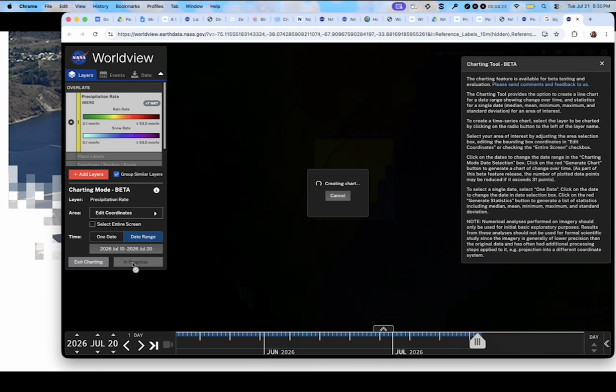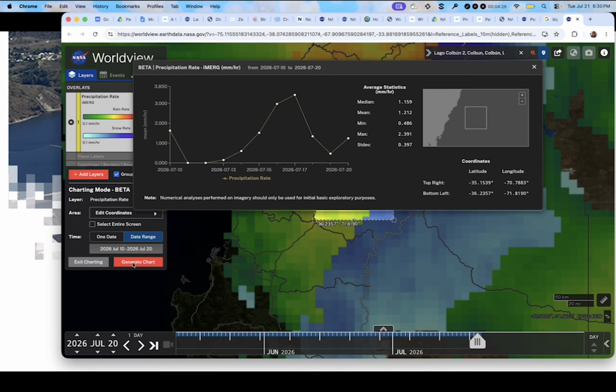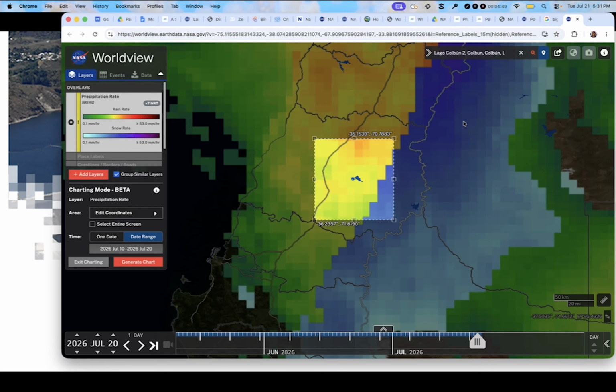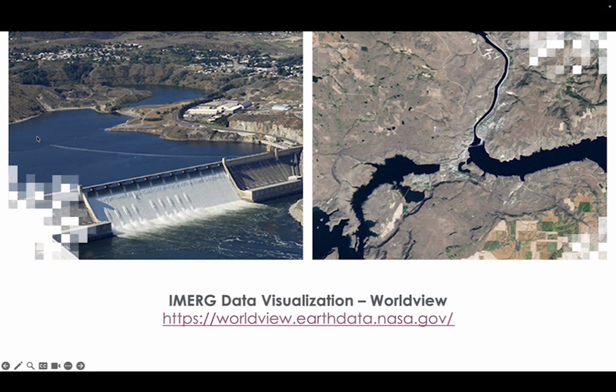This is going to provide us with a 10-day statistics of precipitation rate. This is millimeters per hour, and we can see going from July 10th to July 20th, it's showing the mean precipitation within that bounding box. But it's also providing other statistics such as median, the min-max, and standard deviation. So a really quick way to start exploring iMerge precipitation data for your area of interest. This has been a very quick demonstration on how to access, visualize, and explore iMerge precipitation using the Worldview application. But now we're going to go on